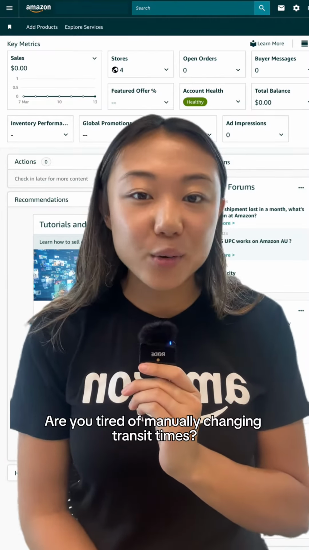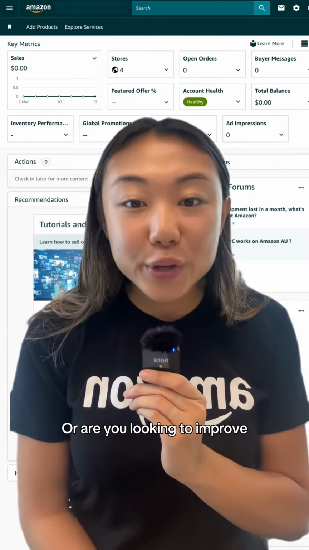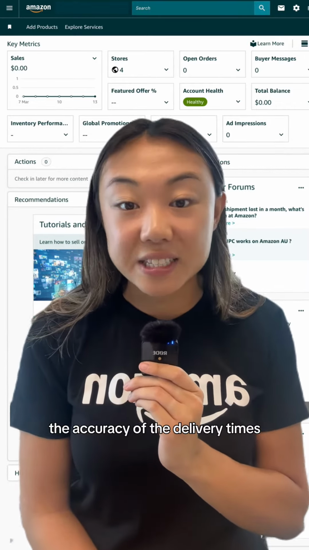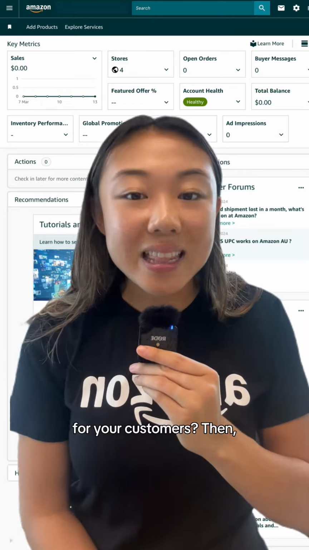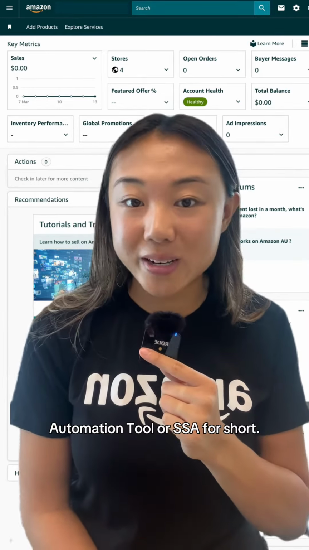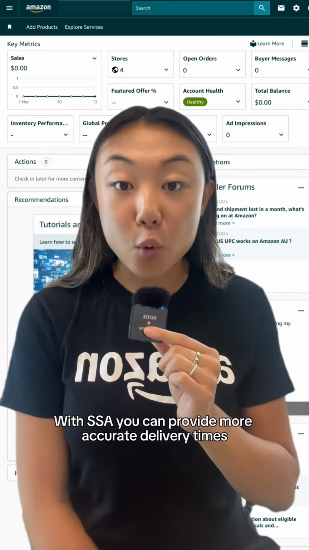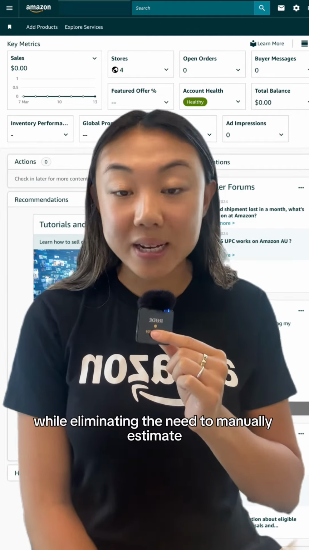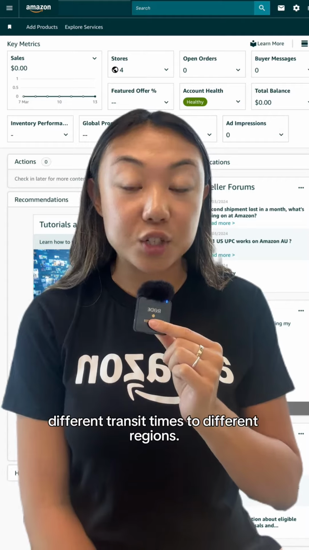Are you tired of manually changing transit times? Or are you looking to improve the accuracy of the delivery times for your customers? Then let me take you through the Shipping Settings Automation Tool, or SSA for short. With SSA, you can provide more accurate delivery times while eliminating the need to manually estimate different transit times to